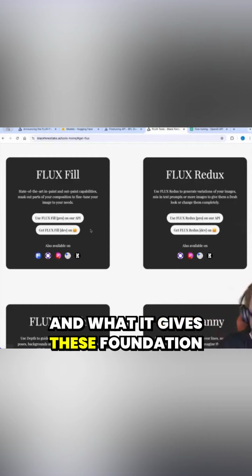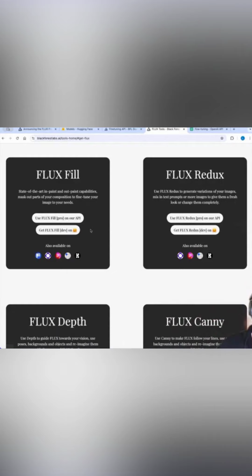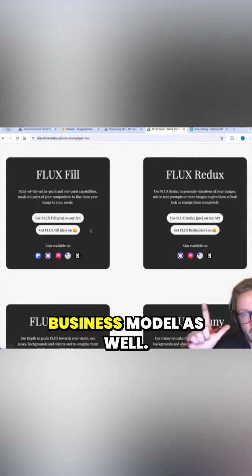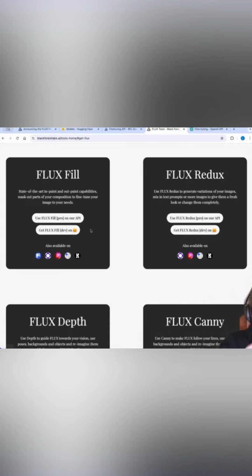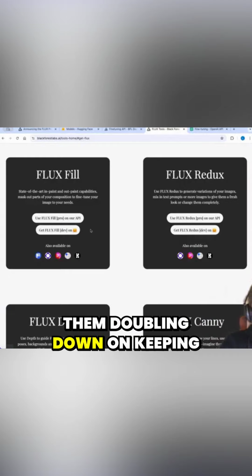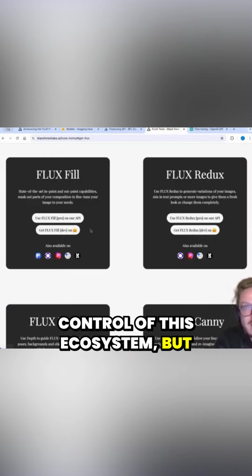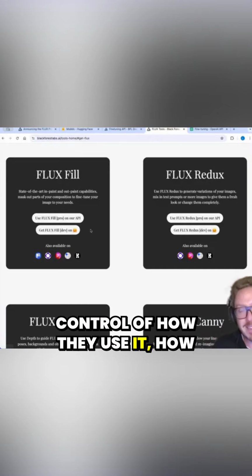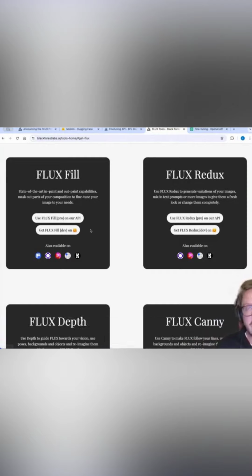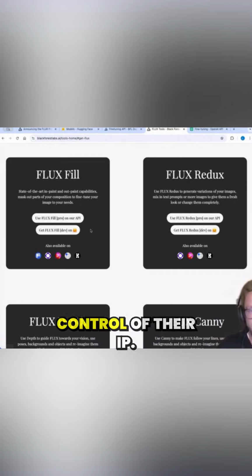And what it gives these foundation model providers is control of their IP. It gives them control of their business model as well. And that's why I find it so interesting that they're moving in this direction, because from my point of view, it is them doubling down on keeping control of this ecosystem, but enabling people to have more control of how they use it, how they use their tool set, without releasing control of their